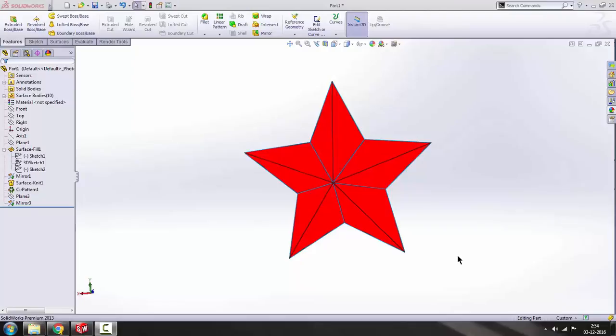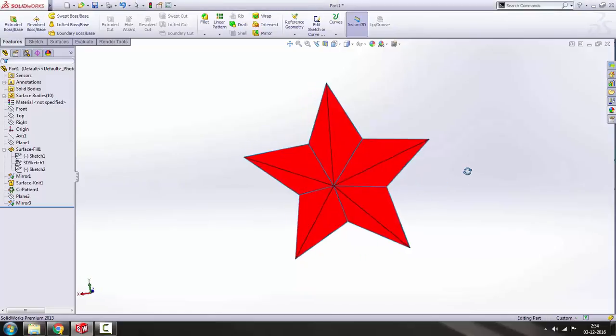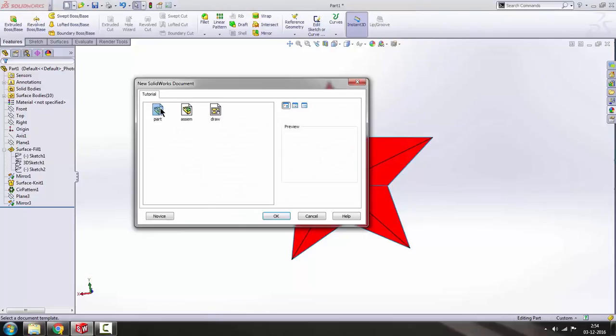Guys, welcome to the 31st tutorial on Solidworks, and in this tutorial we're designing a star, as you can see. So let's get started. Go to New, double click on Part,